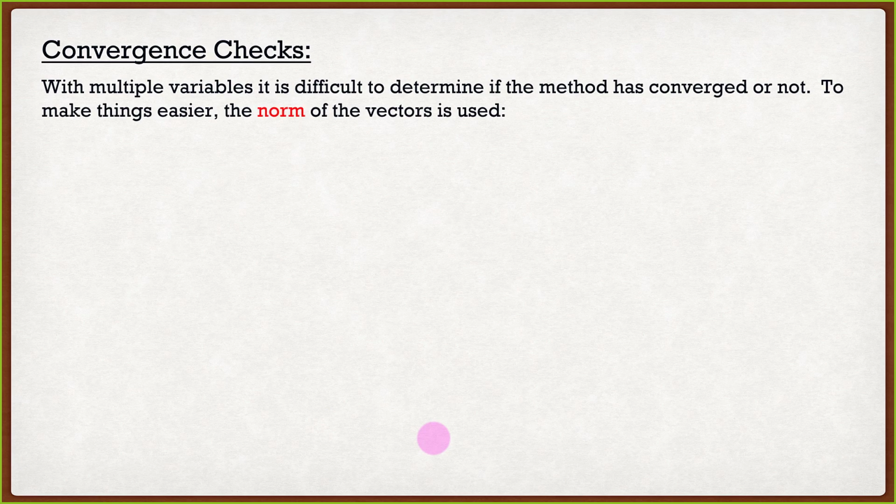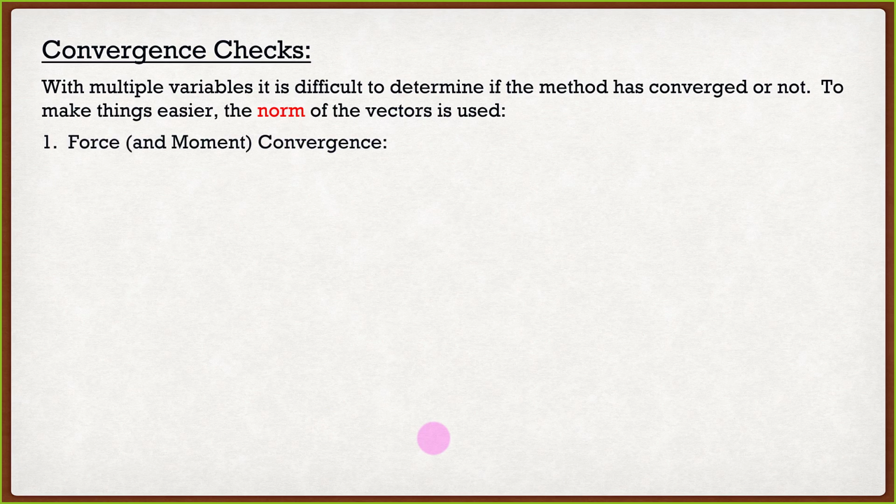How do we do that in multivariable? Because now we don't just have one value of x that we're slowly putting up. We're dealing with all the nodal displacements. It's not just one value, it's multiple values. So in order to do this, we actually look at the norm of vectors. So that delta x that we get, that's going to be a vector. We're going to look at the norm of that vector. And of course, we want that norm to start shrinking, basically.